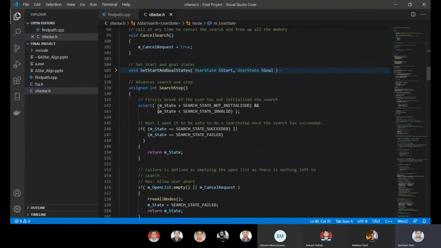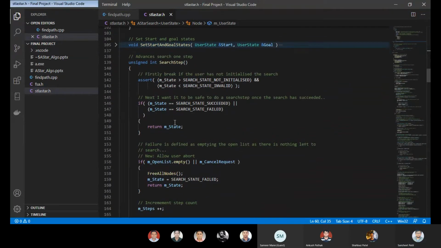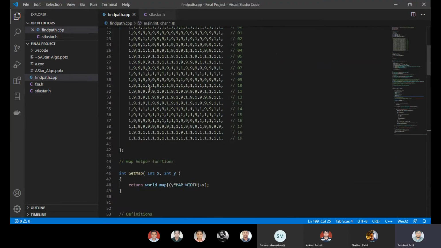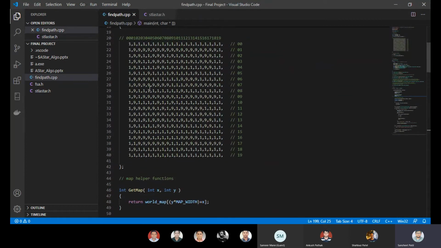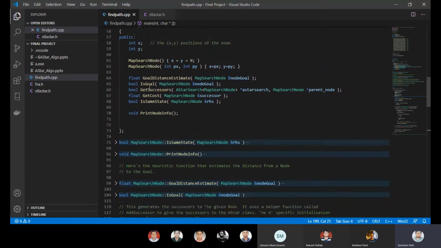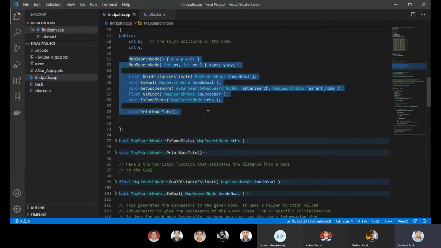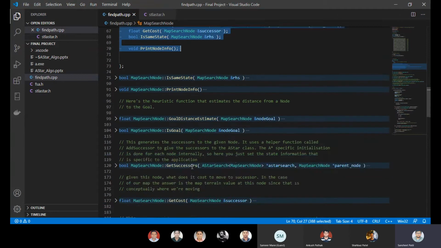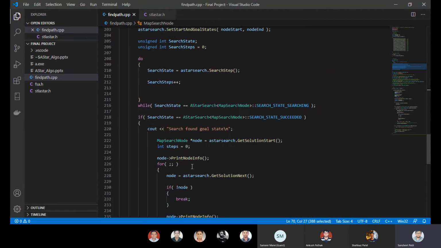So I'll directly jump to the main code of the algorithm. This is the main code of the algorithm which I have called in find path, where this find path has a world map initialized statically with some cost, and these are the functions which are defined in my map search node class, which is a user defined type. Okay, so I'll go from main itself, so I guess everyone can understand the code.